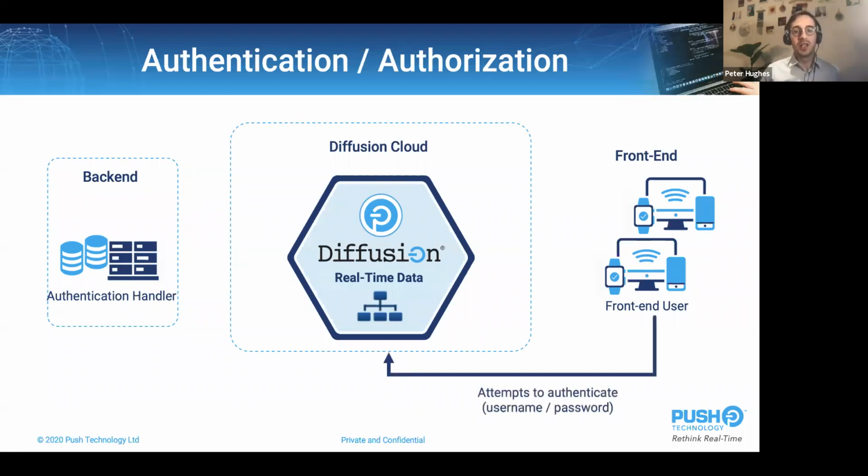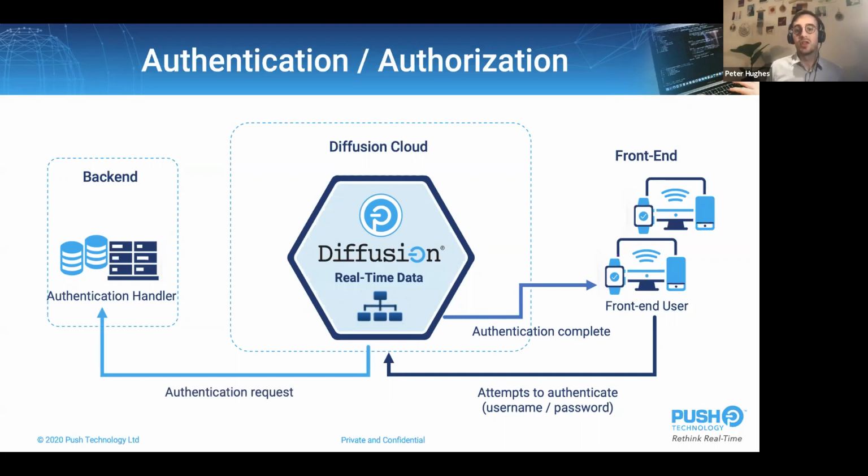Again, this flow is pretty straightforward and it's much similar to the previous one. Front-end application attempts to connect. Diffusion can respond immediately if those credentials are already known to it. But if Diffusion doesn't know about that user, it will then proxy that authentication request to any registered authentication handler